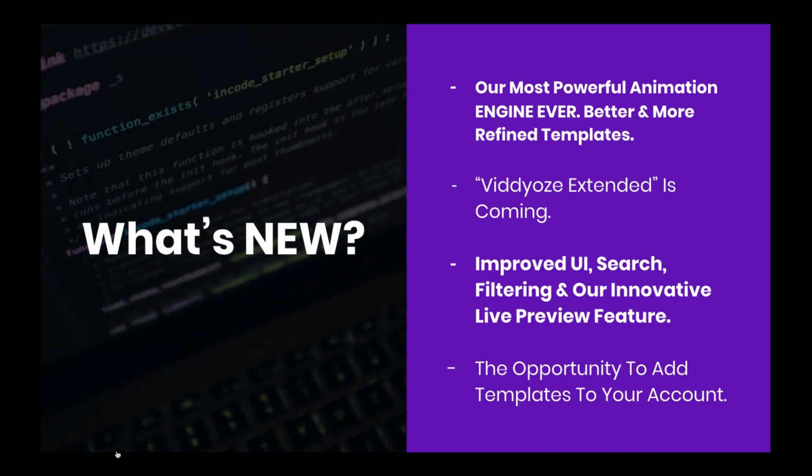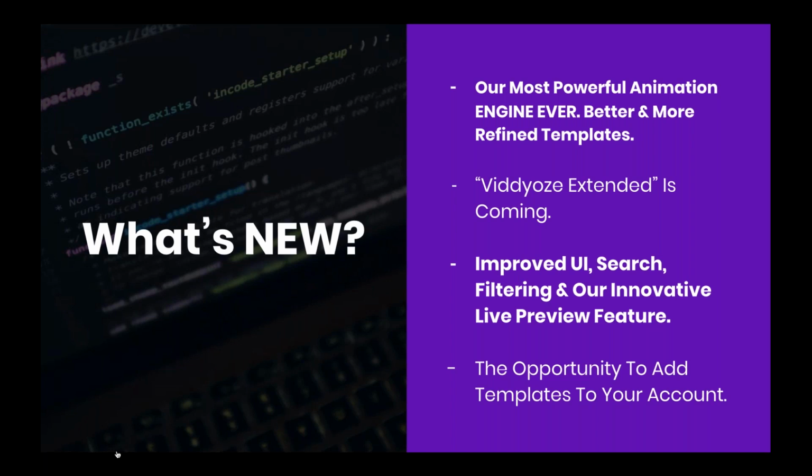We had one goal when we started Viddyoze: to build the most powerful automated animation engine online, allowing anybody with no idea how to create an animation or customize After Effects animations to create amazing looking animations and videos without that technical knowledge. I think we're achieving that pretty well. We've got a very happy user base,